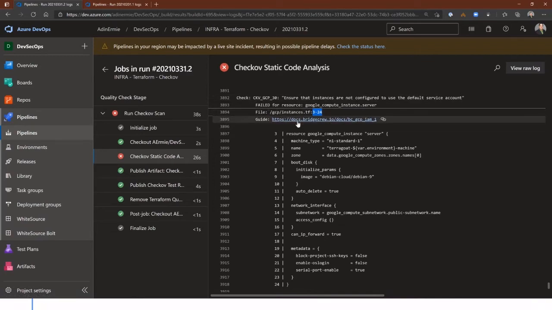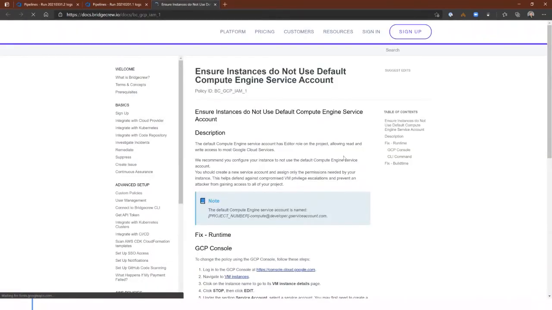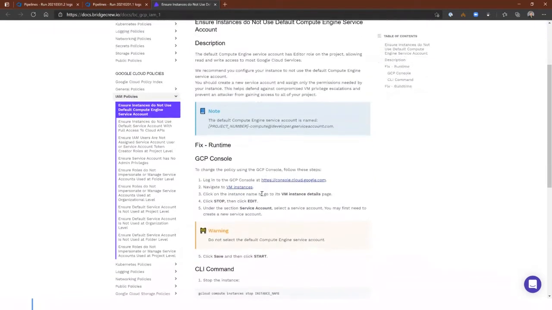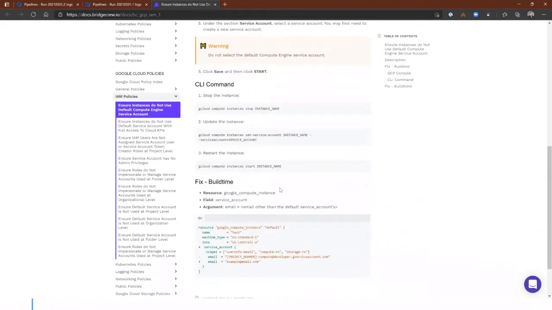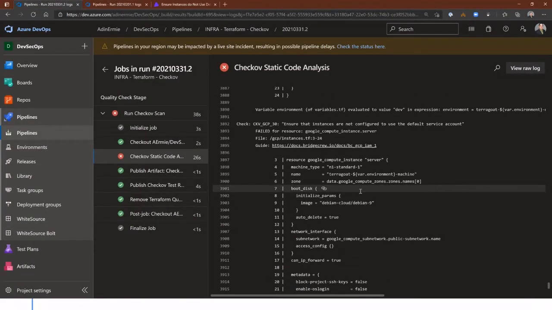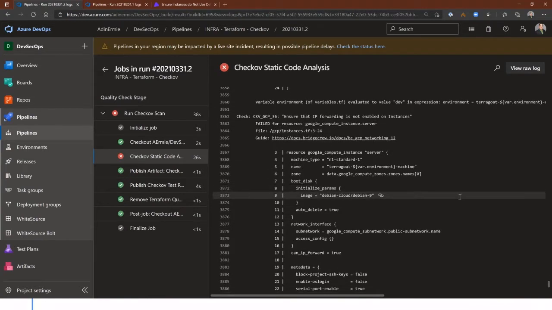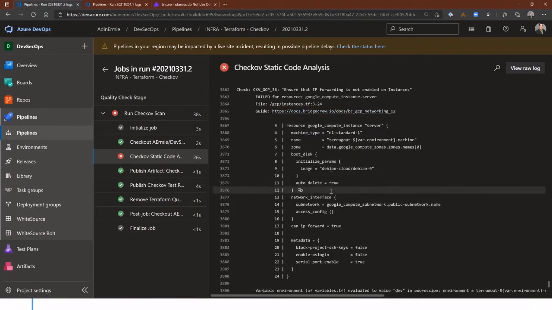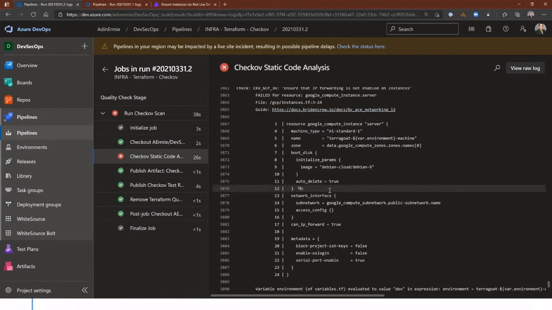for this specific rule. If we click on that and open it up, it'll bring us to their knowledge base or documentation to explain what this does, what it's checking, how we fix it, that type of thing. So it gives us a lot of great guidance here to be able to dig into the check of our code from a security standpoint, and not only say, hey, you did something wrong or something's not secure, but give you guidance on what you might need to do to correct that.